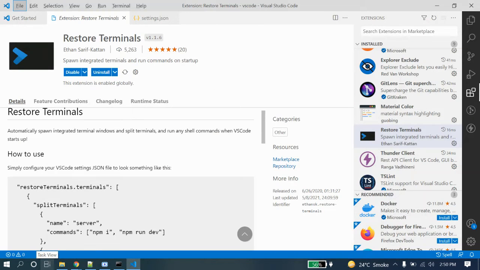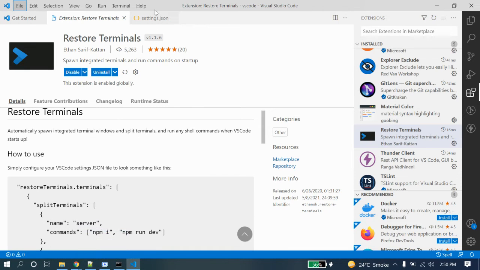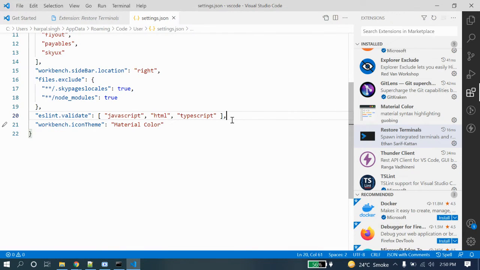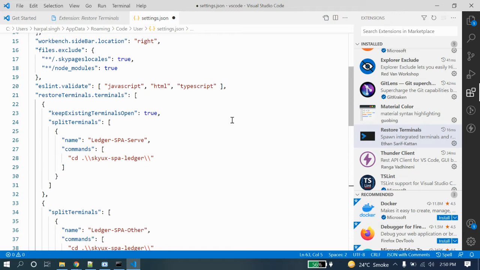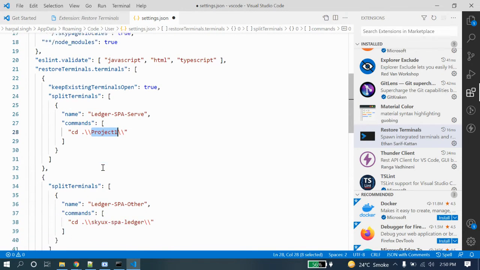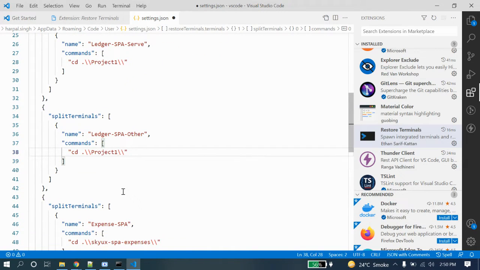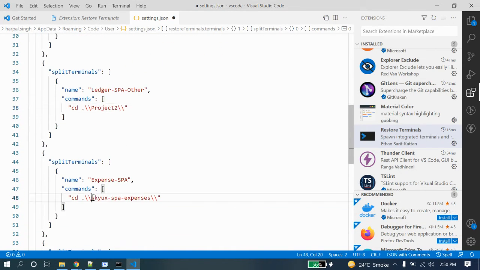Suppose I am using it, I have to go there and paste it here. Suppose I am working on the project and I need to switch these directories. So I am providing this command so that it will open those in terminals.